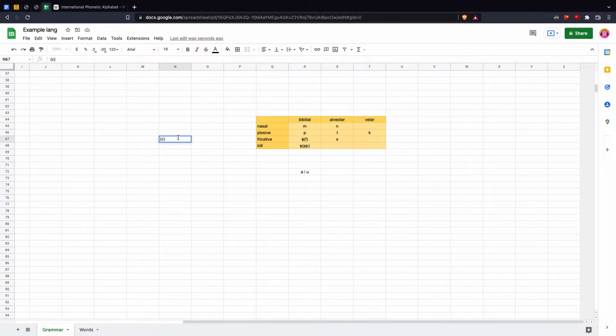I'm going to do C, V, consonant, vowel, and then let's do a special thing, which is N, M, and S. Only N, M, and S can be at the end of a syllable. Because it's in brackets, it means it's optional. So words like